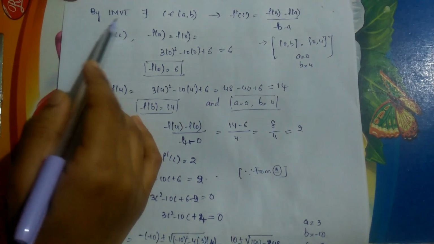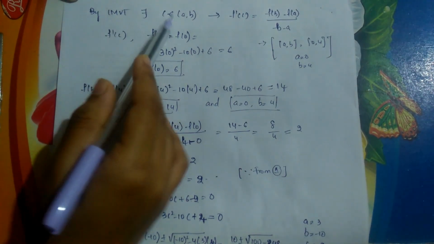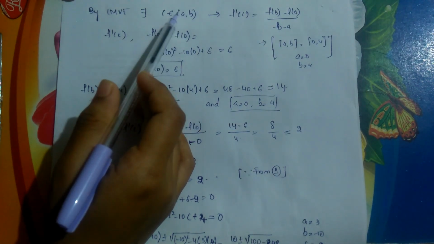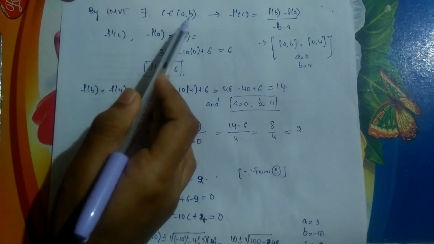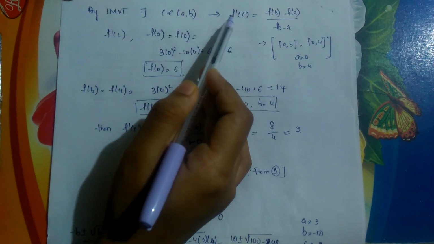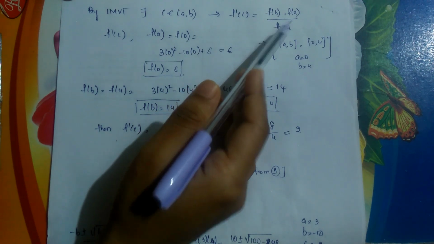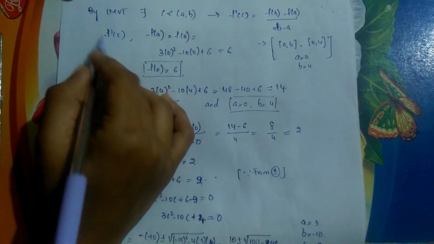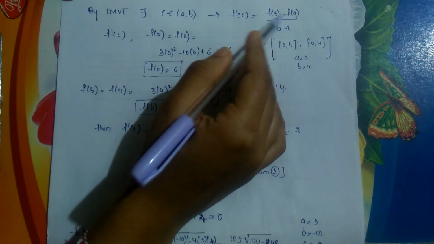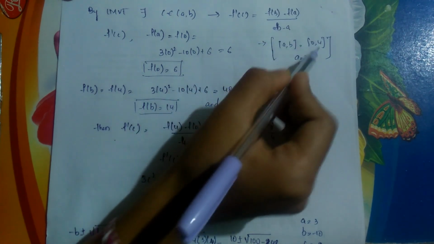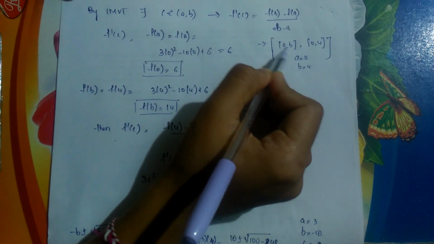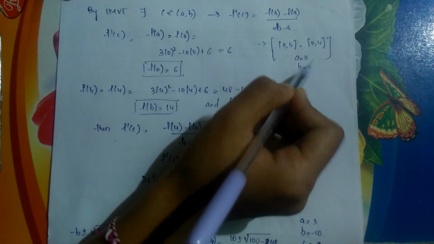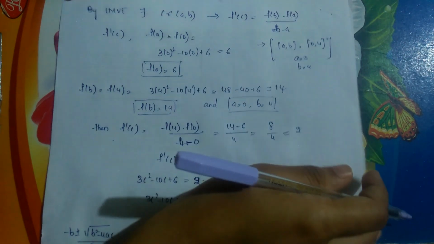Then by Lagrange's mean value theorem we have, there exists a point c such that it belongs to open interval a comma b. It means the point c lies in between a and b, and the derivative at c, that is f dash of c, is equals to f of b minus f of a by b minus a. Then f dash of c we have to find out. For that we need f of a, f of b, and the b value and a value. So when we compare this interval a comma b with 0 and 4, a is equals to 0 and b is equals to 4. So f of a, that is nothing but f of 0, is equals to